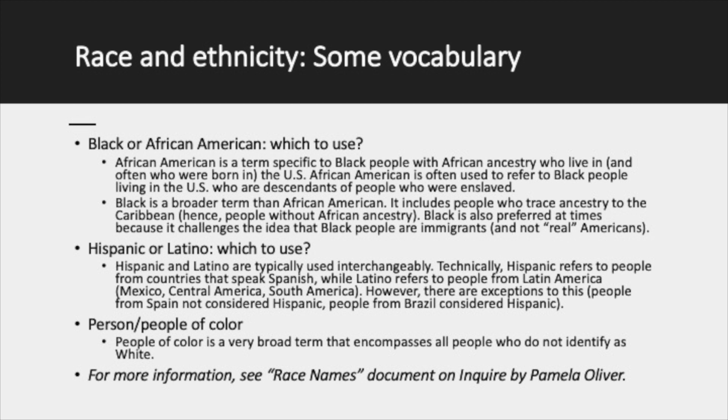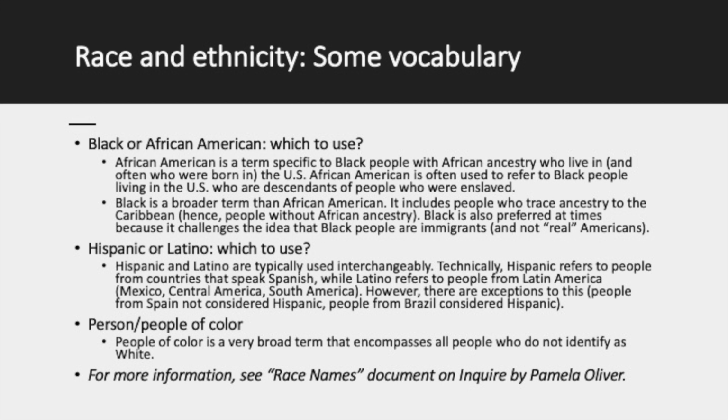Okay, there is a long history of the use of colored as a way of segregating African Americans, specifically in the US, during the segregation era. So people of color is not the same. I know that they sound like they would be interchangeable, but they have very different meanings. So we do use people of color, not colored people.